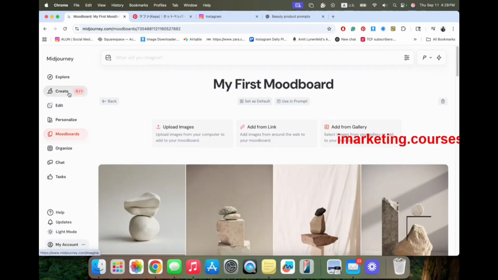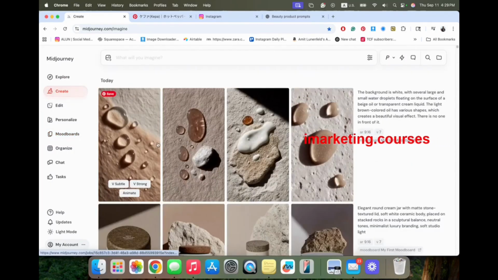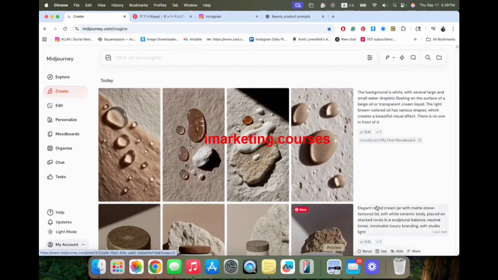Let's see what we get. Okay, this is really cool because it took the texture that we saw in the image on the explore page and placed it on stone, which our project is specifically for stone inspiration. So I think this got us really, really beautiful results.